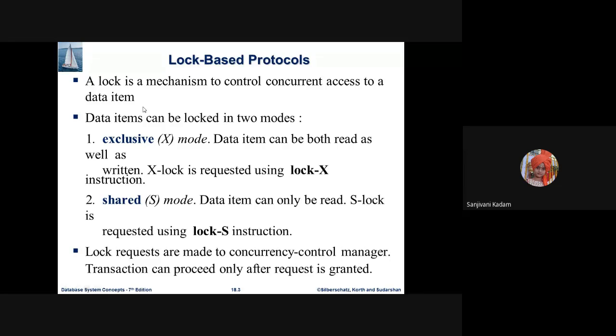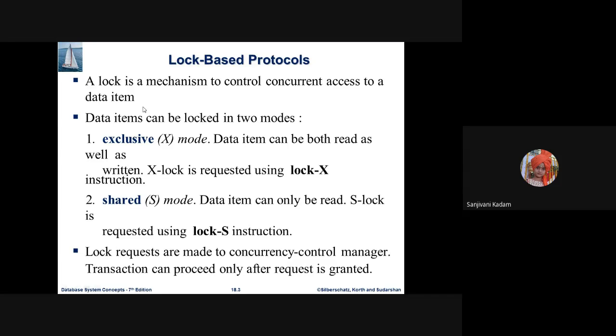For these two operations, there are two types of locks available on a data item. Right now, we are only talking about a data item. Whenever we are trying to lock, it deals with a data item. A data item can be a single column value, a row in a database, or multiple rows in a database. Right now, for this particular explanation, we are using only a single value.